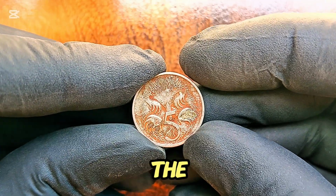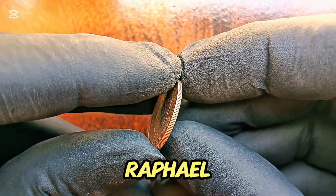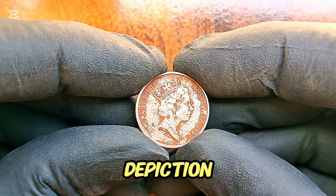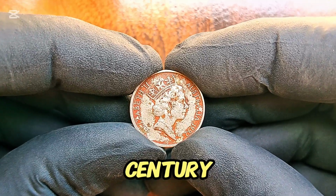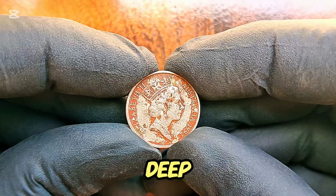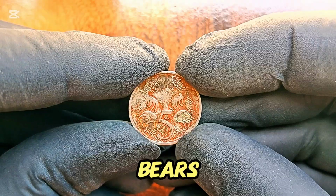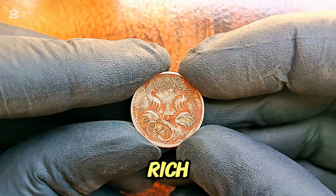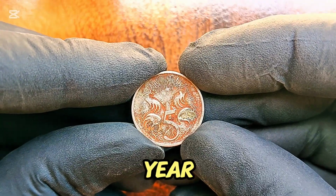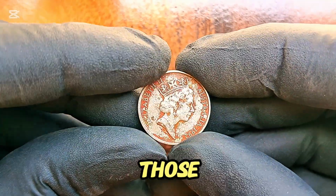This coin features the iconic portrait of Queen Elizabeth II on the obverse, designed by Raphael Maklouf. The depiction captures the regal grace of the monarch during the late 20th century, marking the continuation of Australia's deep-rooted ties to the British Crown. The reverse of the coin bears the echidna, a spiny native Australian mammal, emblematic of the country's rich fauna and unique identity. The year 1992 stands out for Australian coin collectors because it was one of those rare occasions when